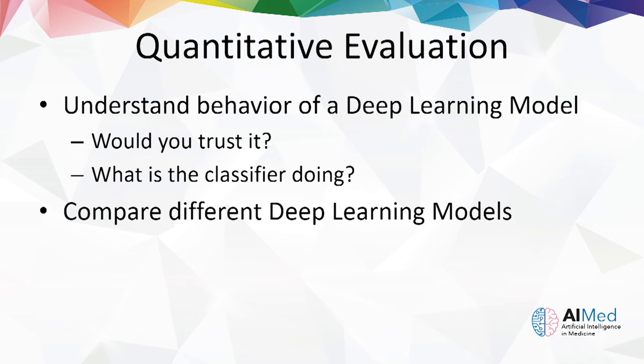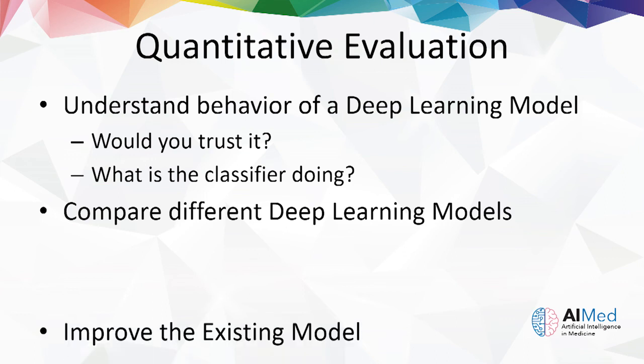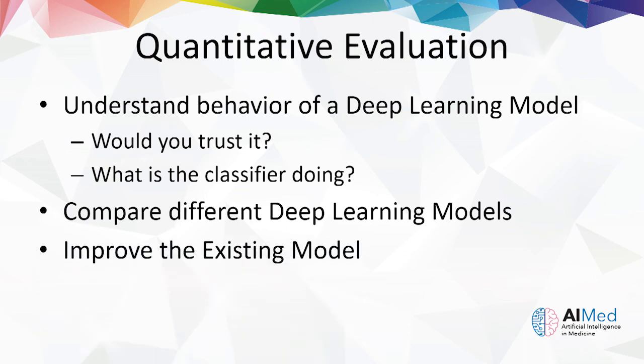It helps us to compare two different models. So if you saw another model that was just as accurate, but in the explanation it was actually looking at the animal as opposed to looking at the snow, you might have more confidence in that one. It might help you improve the existing model. In this case, you might go back to the drawing board and say, hey, look, the training data that I gave was flawed because all the pictures of wolves had snow around them. I need to give it a different kind of data to train on if it's going to be effective.